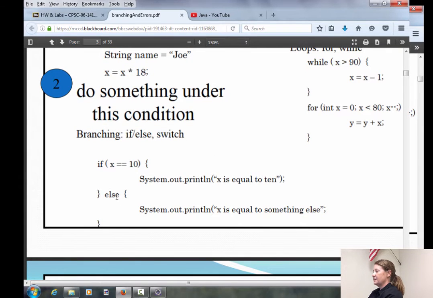Otherwise, we print out the line x is equal to something else. So you can kind of tell how a branch works just by looking at this. If something is true, then you do this line of code, and if that thing is false, then you do this line of code.